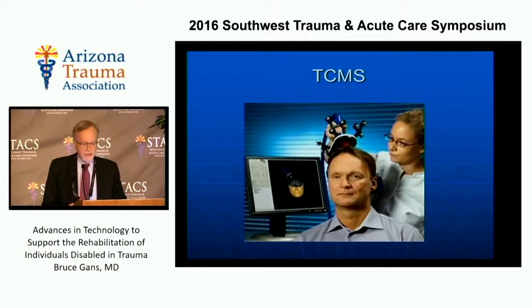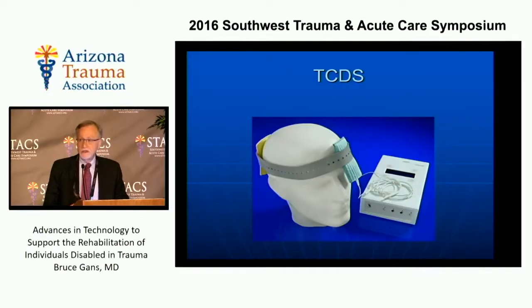Transcranial magnetic stimulation, these are magnets. You can put high intensity magnets on the surface that can actually induce electrical current flow in the brain and stimulate brain activity. It is possible to neurally modulate brain behavior, brain function with external magnetic signals, or transcranial direct stimulation can be used. This is basically a 9-volt battery with buzzing electricity through the brain, and you can use several of these and sort of have the signals overlap, and you can stimulate very specific areas of the brain to achieve functional betterment. These technologies are actually FDA approved for treatment of